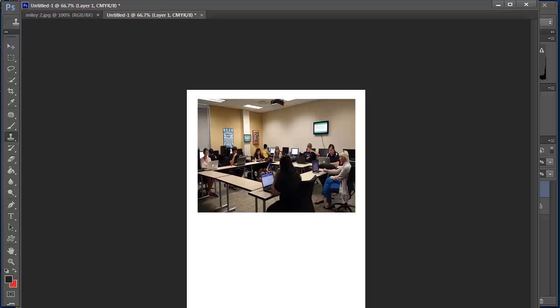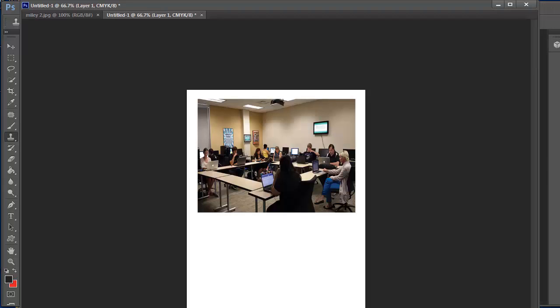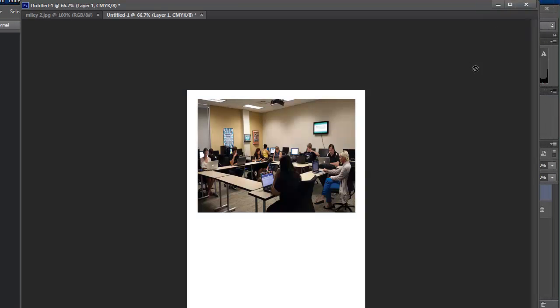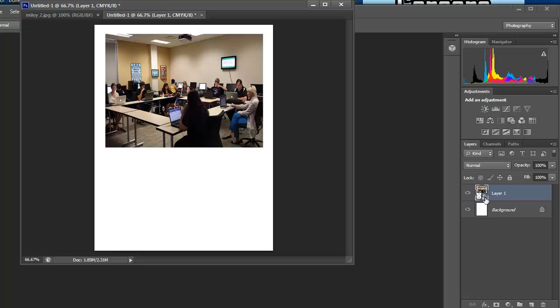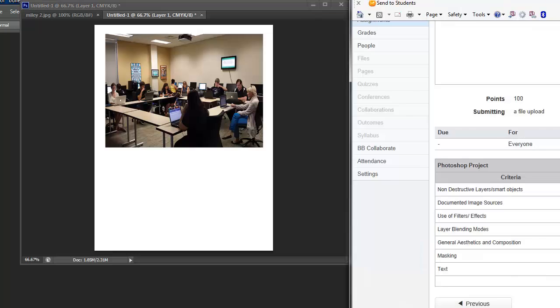Okay, so I'm going to go back to this. But since I did do this as a smart object, let me minimize this down. Since I did do this as a smart object, I can tell right here, I have that little square, and I've transformed it. I will ask you, what did you do with that smart object? And you'll be able to say, well, I transformed it. What you can also do is you can add filters and effects. And remember that filters and effects